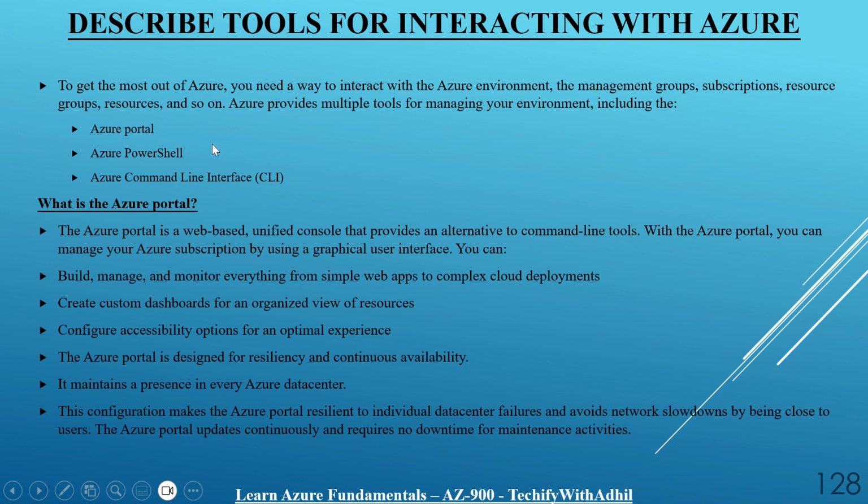Under the tools, to get the most out of Azure, you need a way to interact with the Azure environment: the management group, subscription, resource groups, resources and so on. Azure provides multiple tools for managing your environment, including Azure Portal, Azure PowerShell, and Azure command line interface. So we know that in the Azure environment we have management group, subscription, resource groups and everything. Once you are able to interact with all those environments very easily, only then you can get the